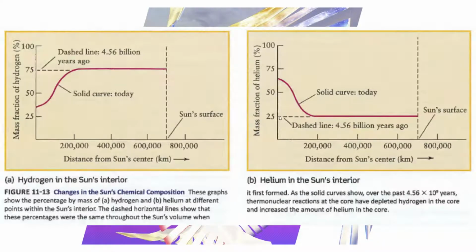for the helium. Back in the beginning, 4.56 billion years ago, helium was 25%, but now we see there's way more helium in the interior of our sun. And that's thanks to this hydrogen fusion. All this hydrogen that was here is being used up and forming all of this helium. So it's important to note that this graph is not over time. This bottom axis is not time, it's distance. So this line is 4.56 billion years ago, and the red line is what the sun's composition is probably today. I say probably because remember, we cannot see inside of any star. We don't know what actually is happening,